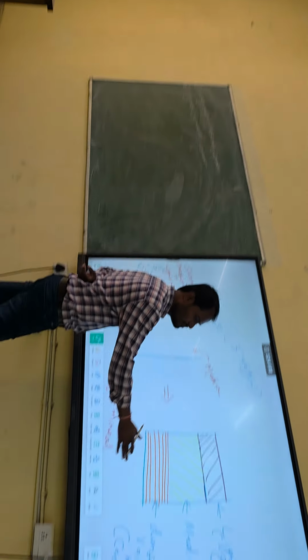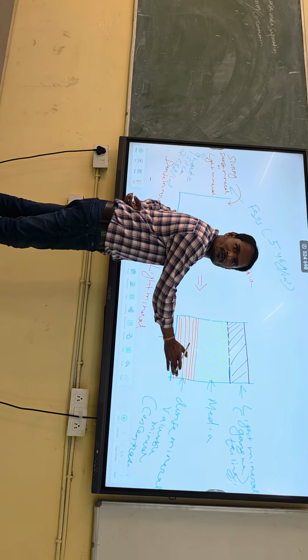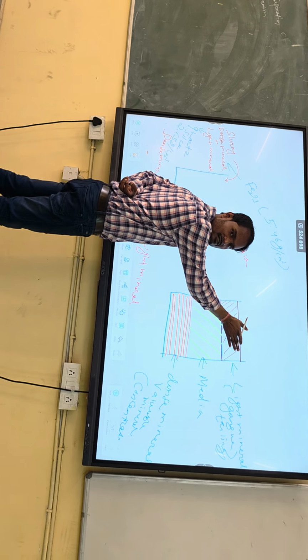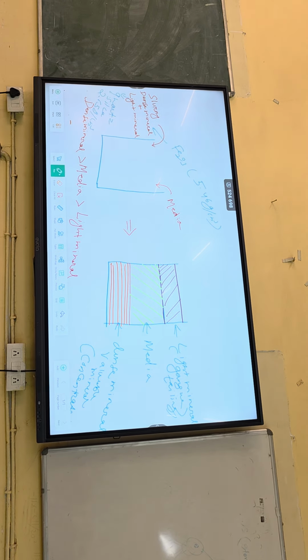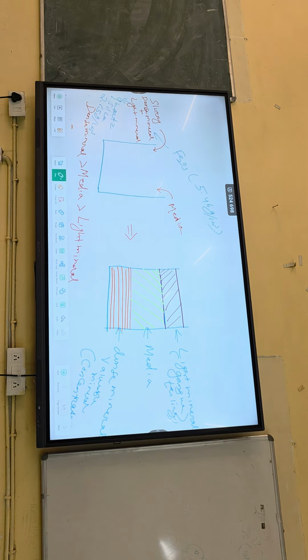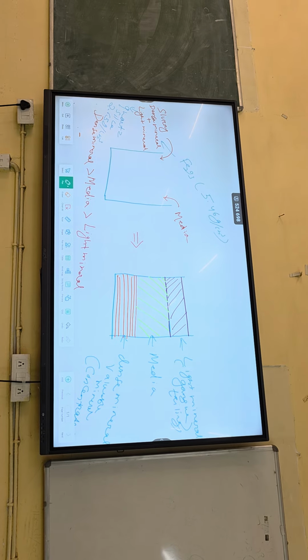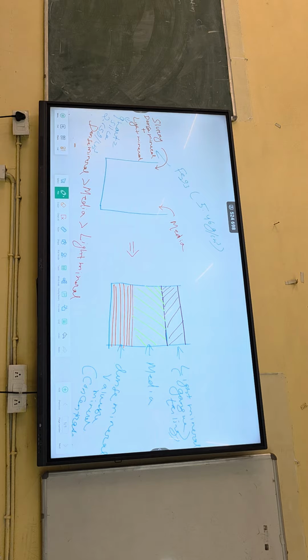So finally, that means you have hematite here mostly. You will be having silica here, and you will be having ferrosilicon, if its density is high in between them, right? 3 layers. Now you can separate them easily. So this is all about your dense media separation or heavy media separation.